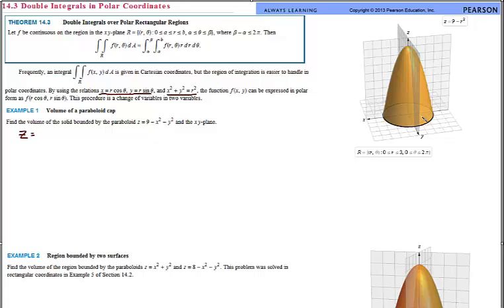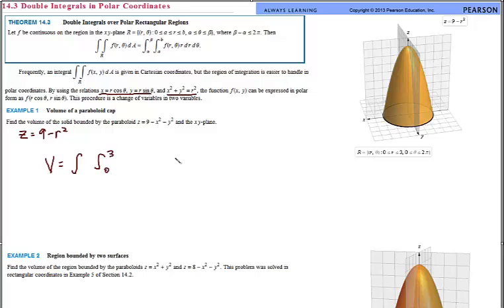So let's look at our first function, which is a volume sitting over here, and I'm supposed to find the volume of that solid. My z would be 9 minus, and if you'll notice, this is just r squared. When z is 0, my radius goes from 0 to 3. So my integral will look like